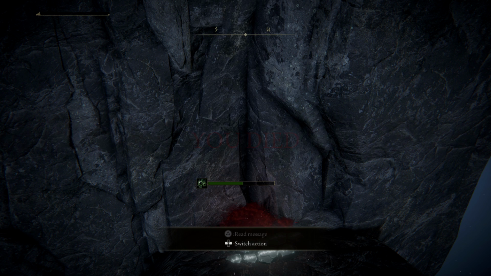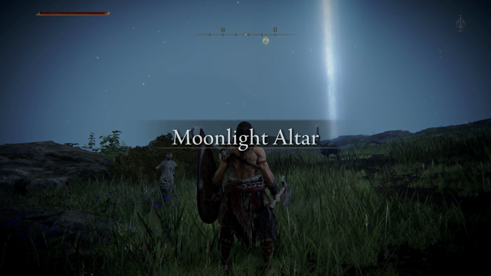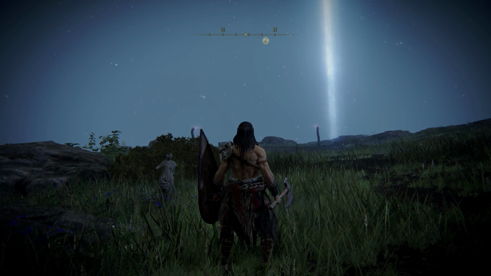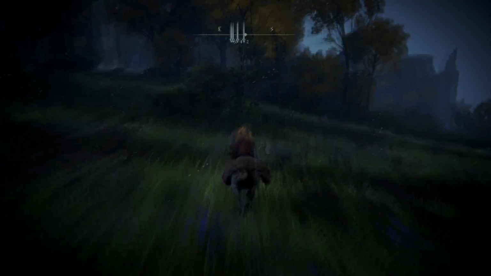Once you die from the poison, it's going to give you options if you want to spawn at the stake or at the Lost Grace. You're going to want to spawn at the stake, and once you click that, it is going to transport you to this other dimension. It's going to transfer you to the Moonlight Altar. From the Moonlight Altar, all you want to do is follow where I go in the video. So hop on your horse and start heading